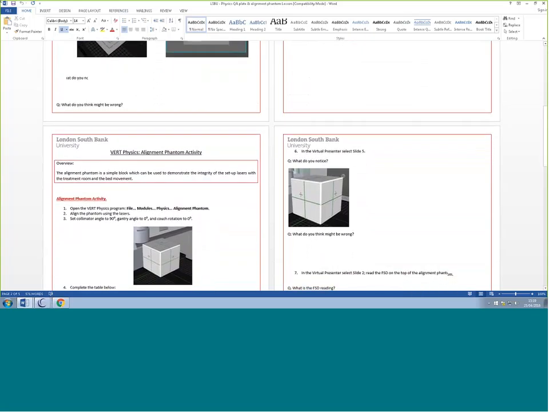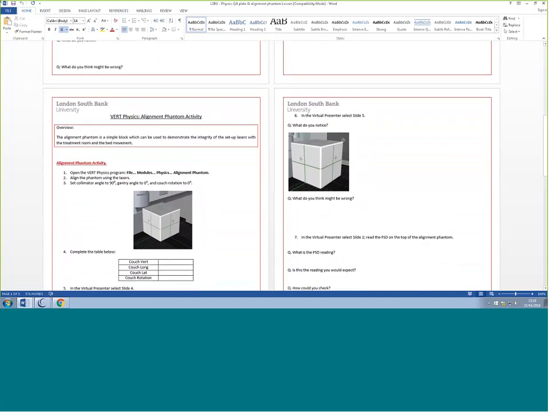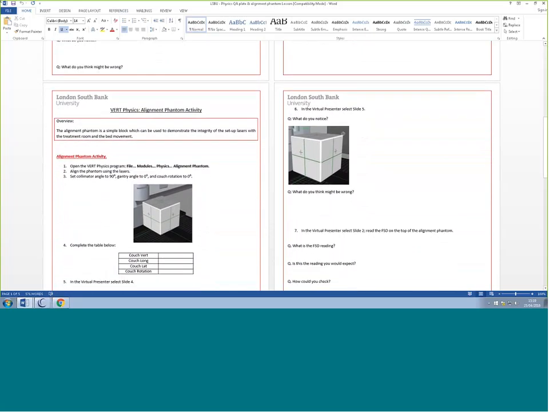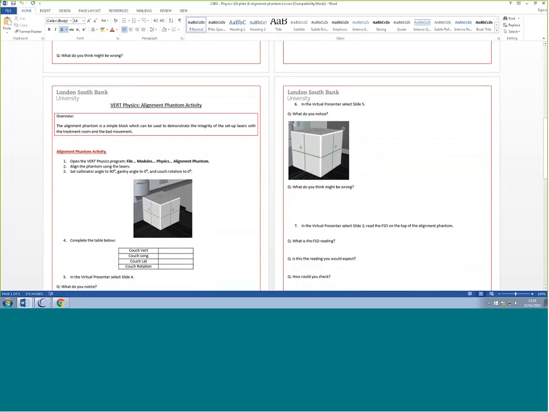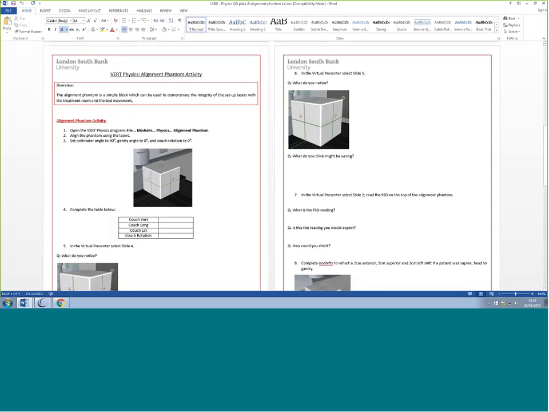And we can also use it to ensure they know how to correctly calculate separations and what potentially could be wrong in regards to setup errors that could be produced if we don't actually have our lasers aligning